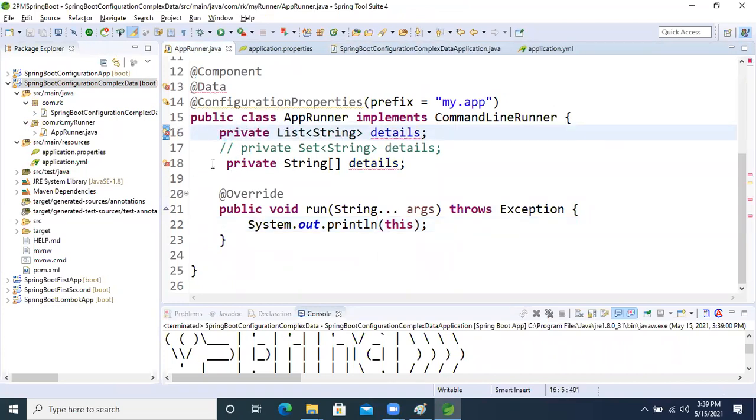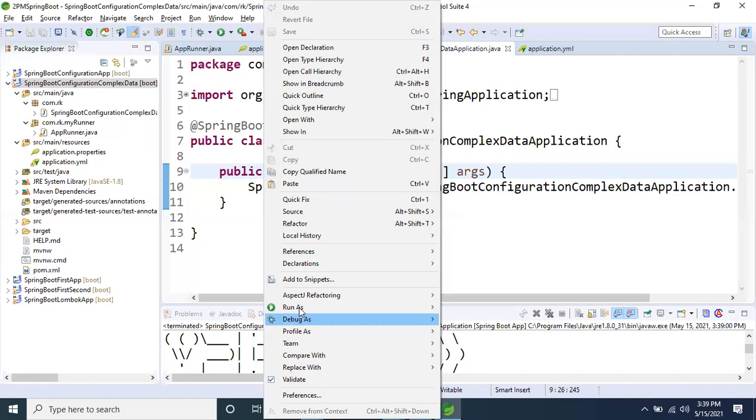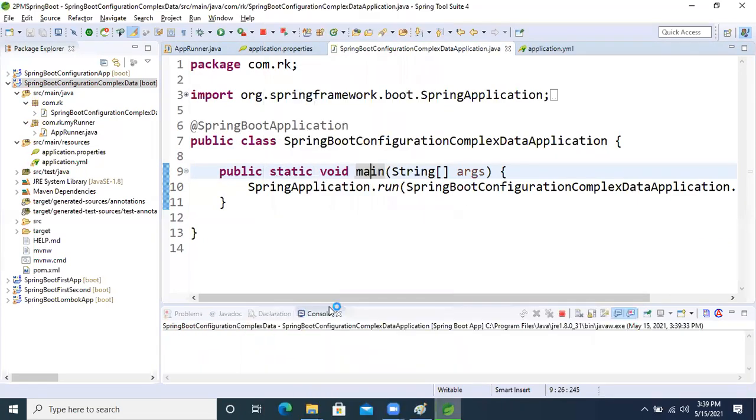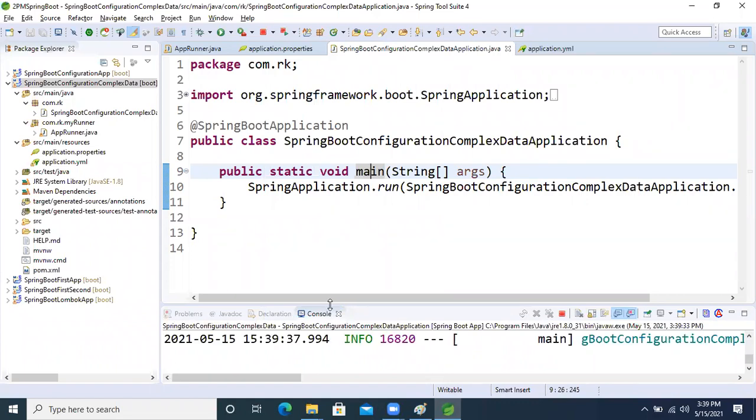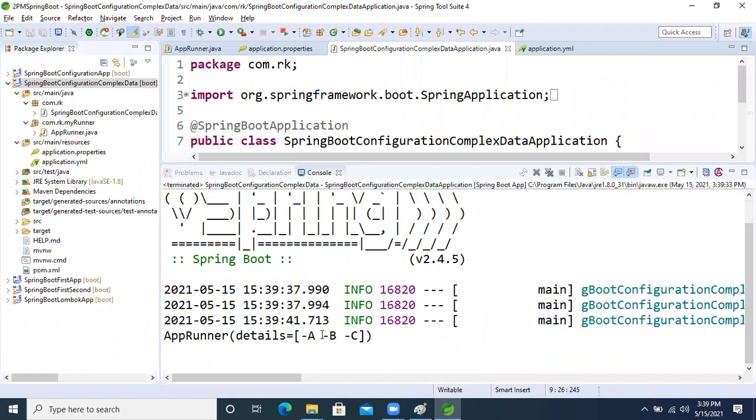Uncomment list, and comment array. Run the application. A, B, C. But why are we getting the hyphen?